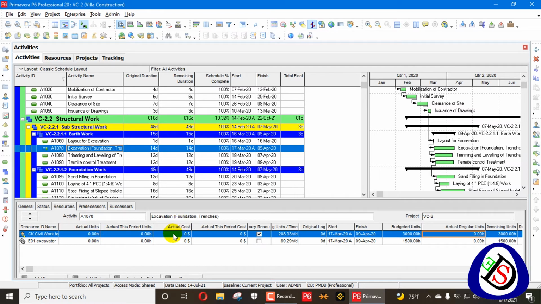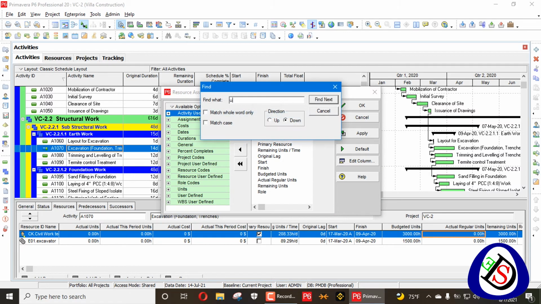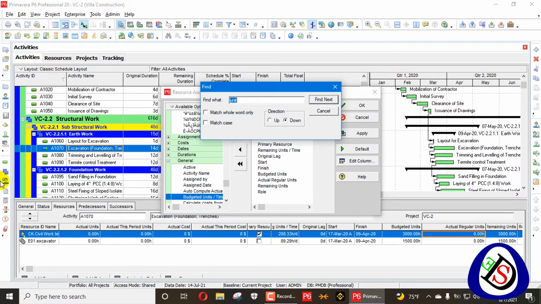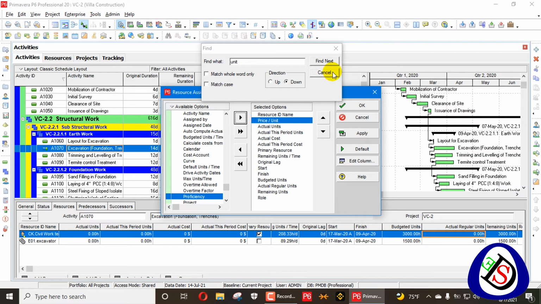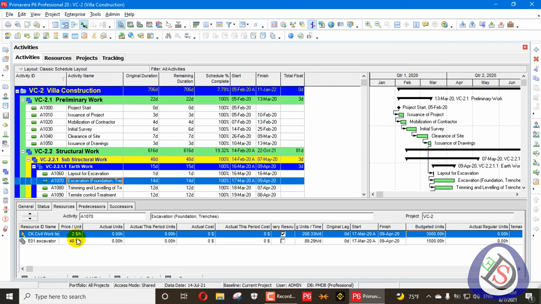The actual cost is obtained when you multiply your unit rate with your actual units; then you can get your actual cost. You can customize here, and you can get the unit rate from here, the unit rate. It's easy to get here. Price per unit, you can see here, to easily see how the cost is calculated. So this one is your price per unit, and when it is multiplied by this one, it will give your actual cost.